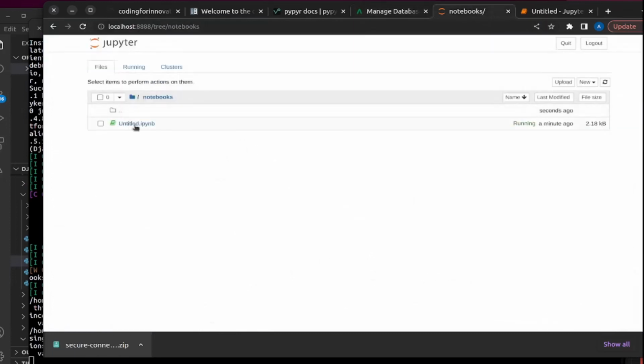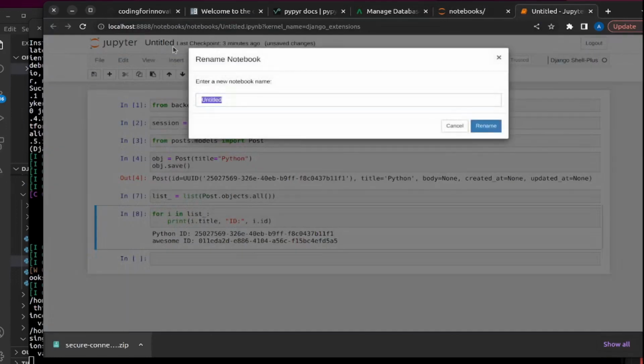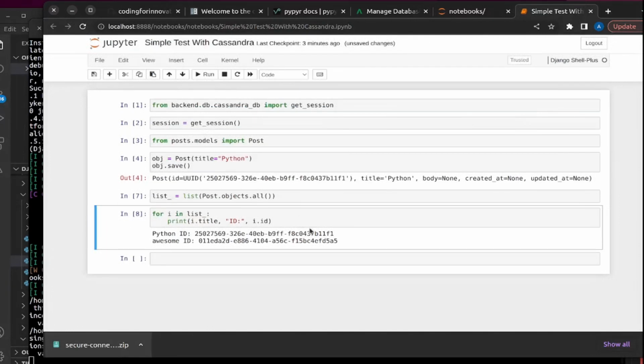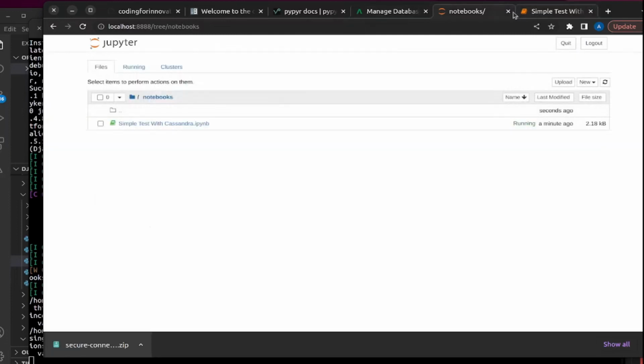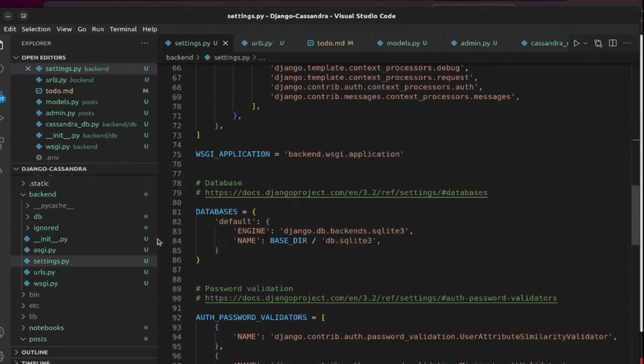But this is how you can do a simple test with Cassandra. So these are the simple queries which you can run. Same way you can even create, you can even query, you can order by. There are several functions you can use on this model, and I just showed you the basic way so that you can do the other stuff. Yeah, and now let's go to the VS Code,